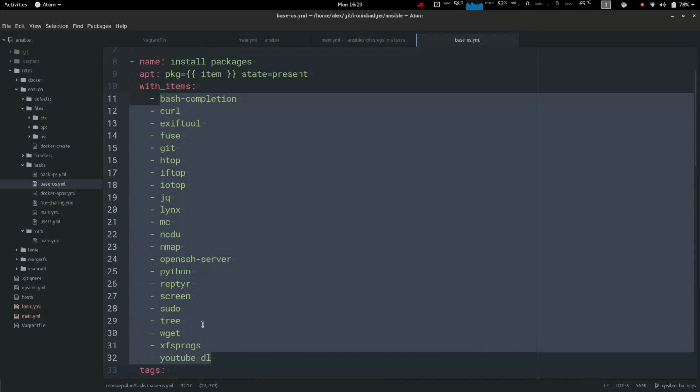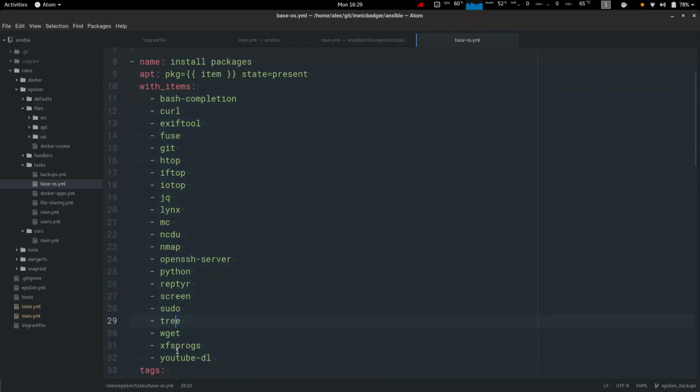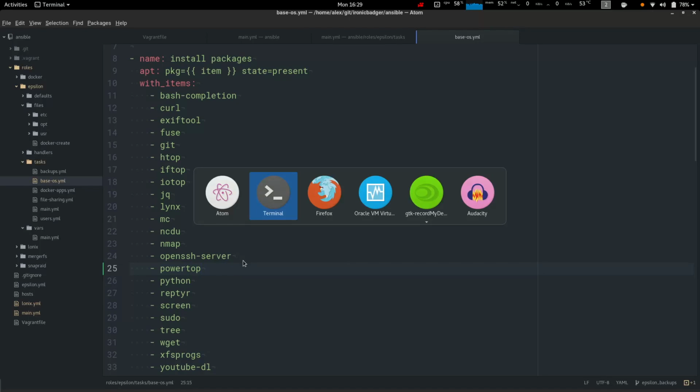So I use a whole bunch of stuff like sudo, tree, xfsprogs, youtube-dl. That is amazing, by the way. If you've never used that, it's awesome. iotop, htop, git, and so on. So it just makes sure that everything I'm going to need for my system the way I like it is recorded as code. So if ever I was to add a package, for example, I don't know, PowerTop, I put that in there, I save it,